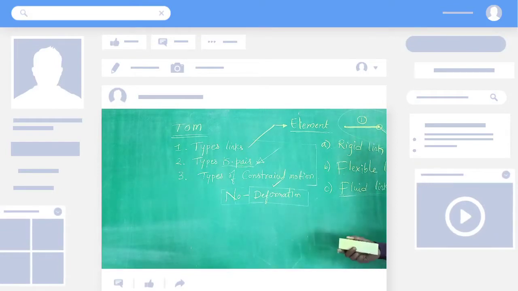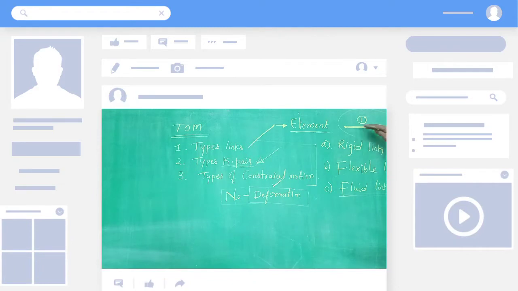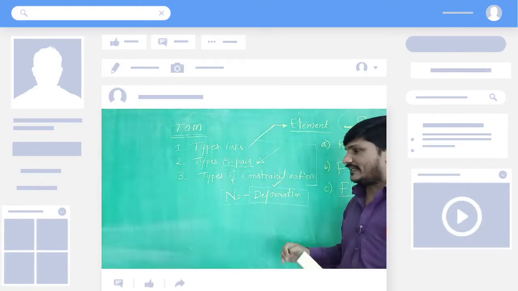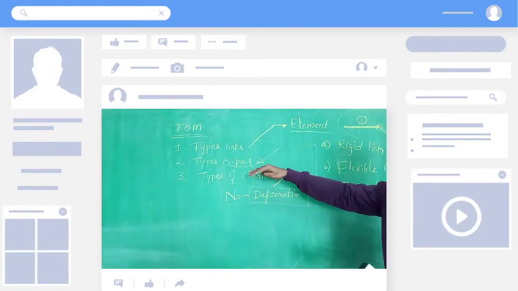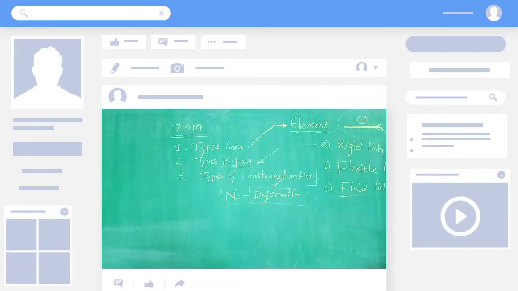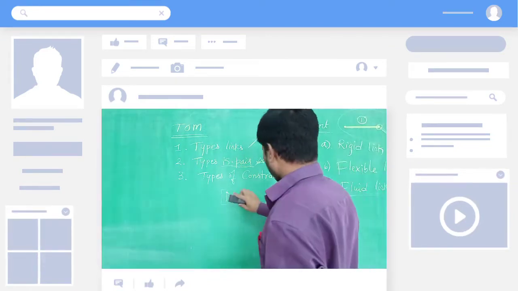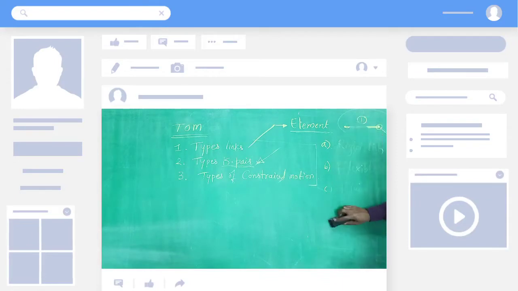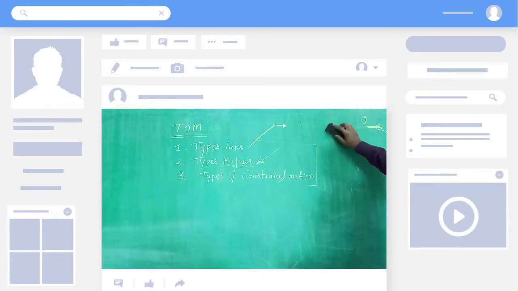What are the different types of pairs? That we need to understand now. Anyhow, when one link is connected with another, then it forms a pair. There may be different types of connection also. In that way, how we can define and classify the kinematic pairs is again important to understand here. So let us go through the different types of kinematic pairs, and how the kinematic pairs will be classified.